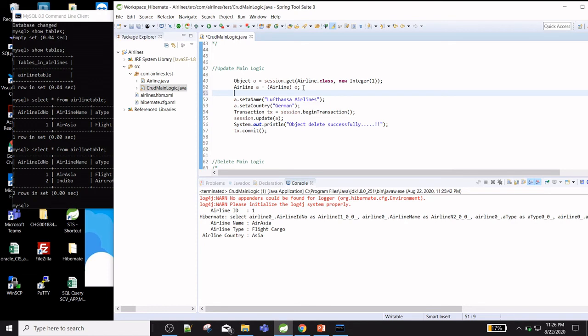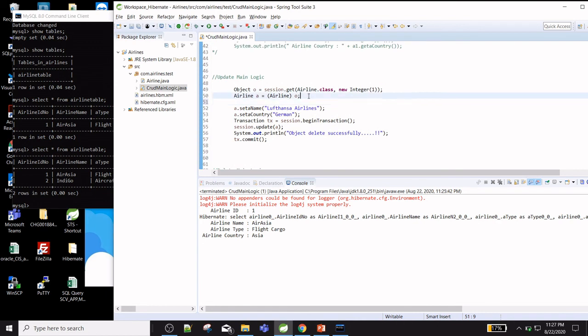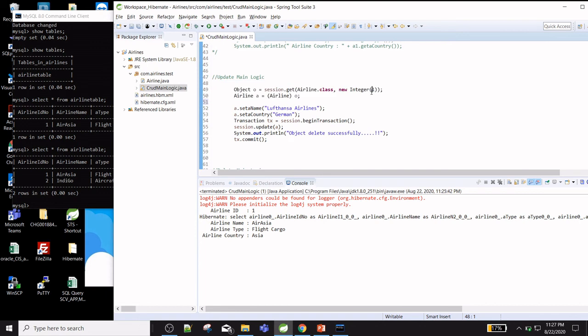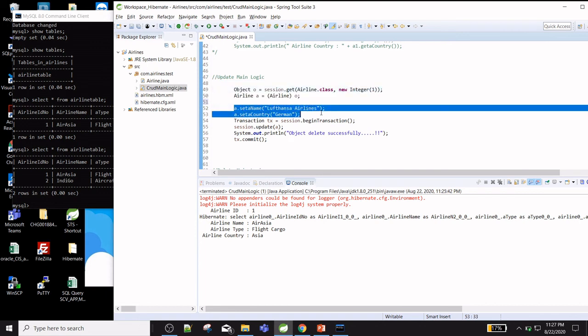In the update logic, we don't require loading an object from the database. We will create a new object and assign its ID, and we can update. Here I'm just using ID 1. I need to update ID 1 with German Airline.